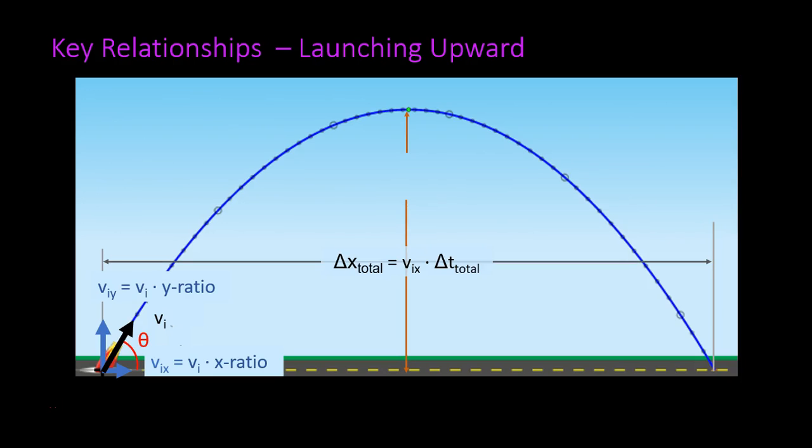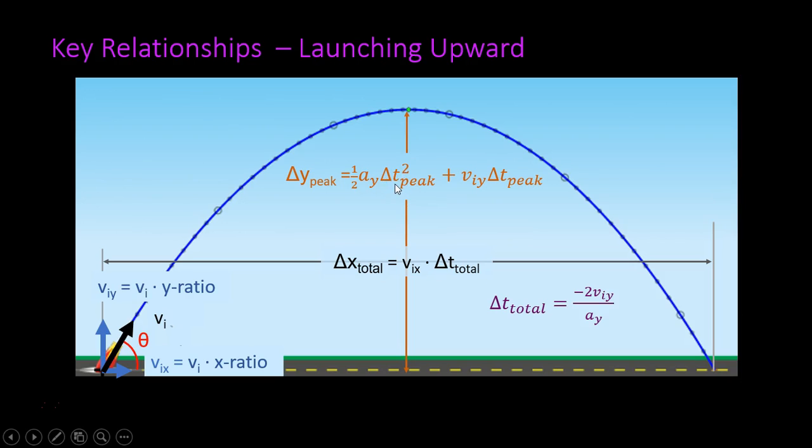Next, the range is going to be equal to the initial horizontal velocity times the total time in the air. The total time in the air can be calculated by negative 2 times the initial vertical velocity divided by the vertical acceleration. To calculate the peak height, we use equation 2 using the vertical acceleration and the initial vertical velocity,